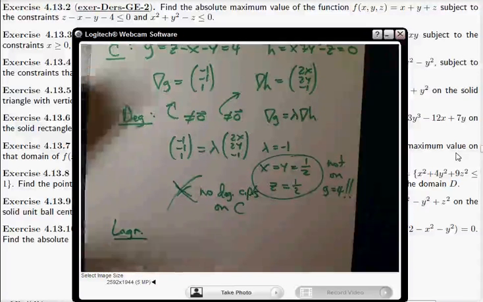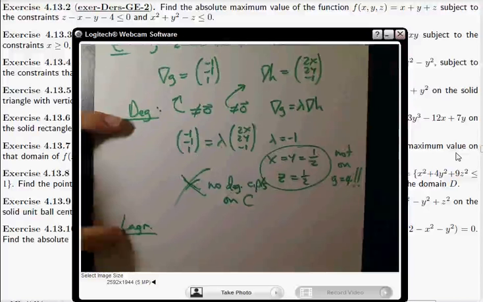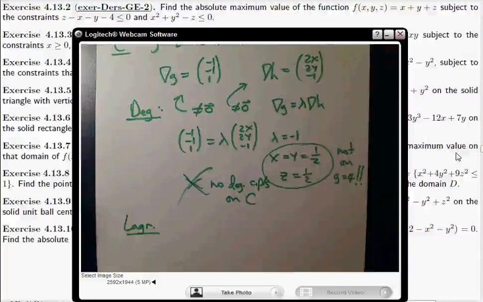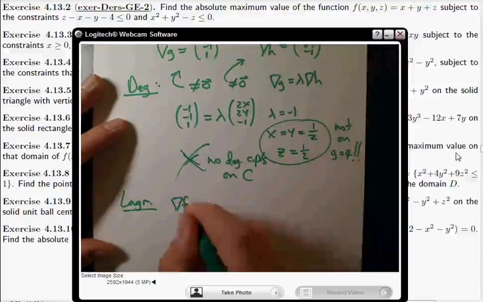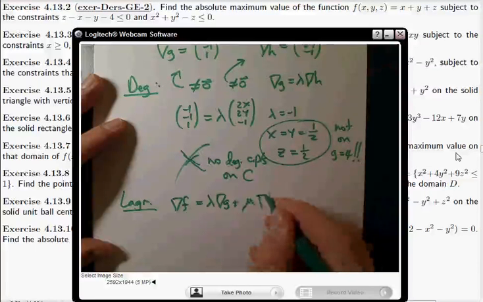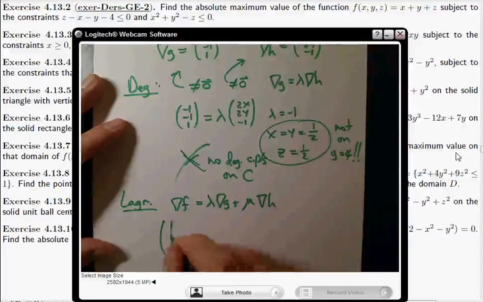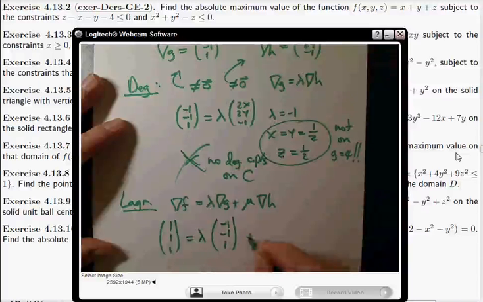Now, on every chunk, except for the unconstrained interior, but on every boundary chunk, every constrained chunk, you have to check degeneracy and you have to check Lagrange. So let's see, the Lagrange condition is gradient of f is some multiple of the gradient of g plus some other multiple of the gradient of h. In this case, that becomes 1, 1, 1 equals lambda times -1, -1, 1 plus mu